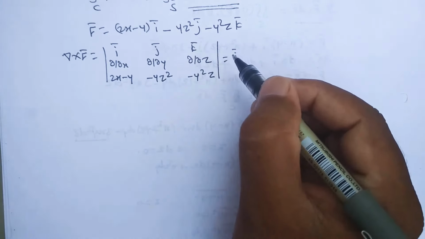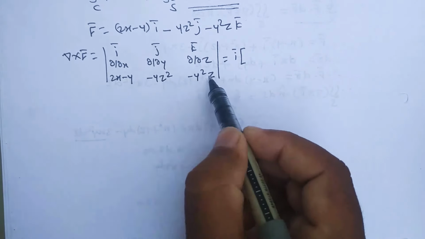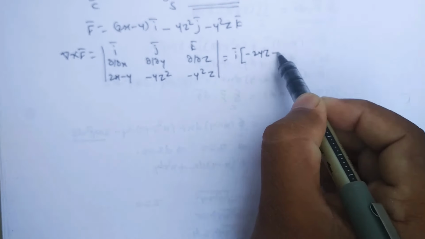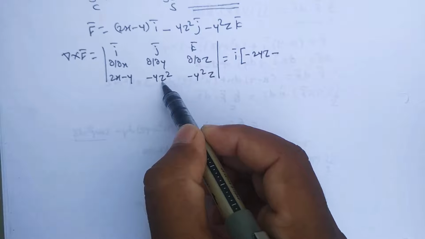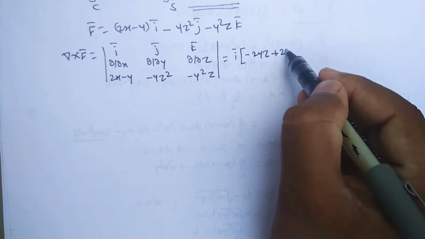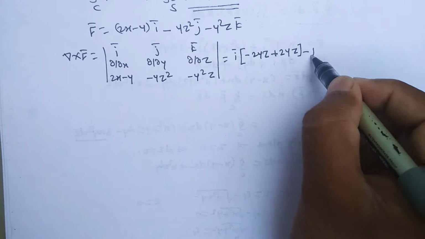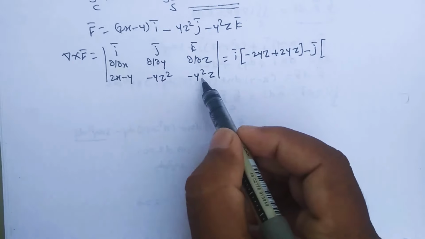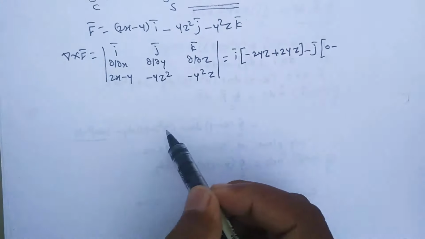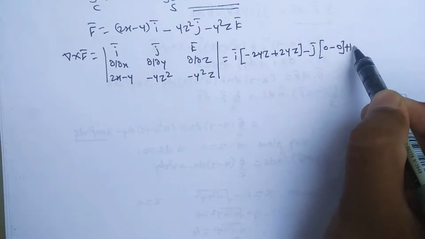This is equal to ī into bracket: the derivative of −y²z with respect to y is −2yz, minus sign. Now the derivative of −yz² with respect to z is −2yz, minus sign again, so minus minus plus, 2yz. Then minus sign j̄, ∂/∂x of −y²z with respect to x is 0, minus the derivative of 2x − y with respect to z, which is again 0, plus k̄ into